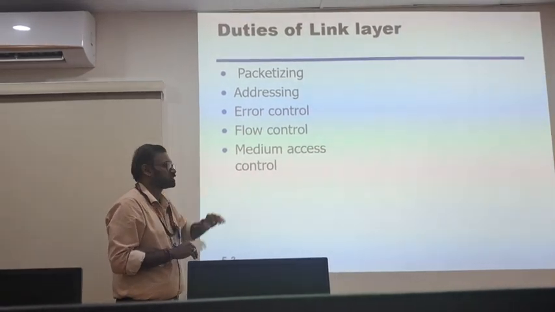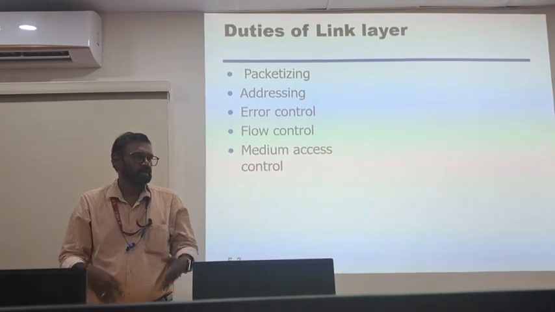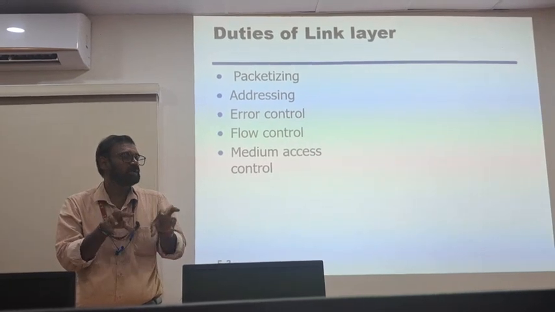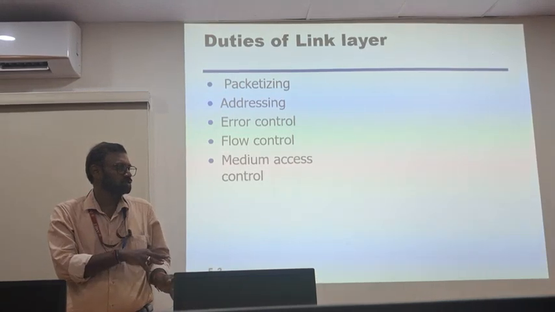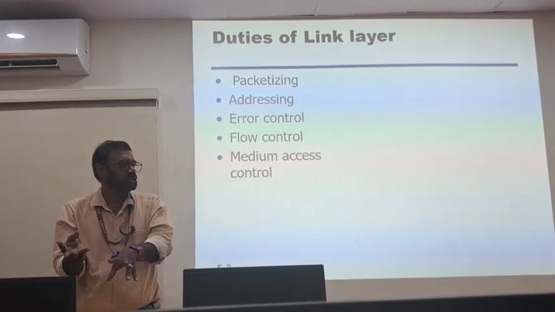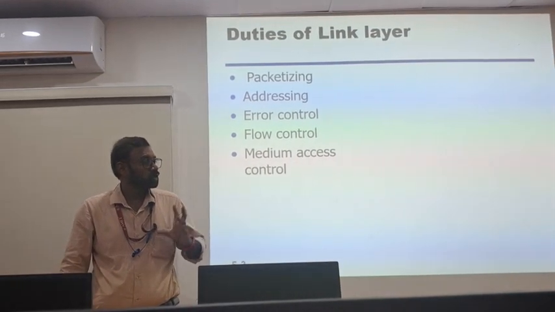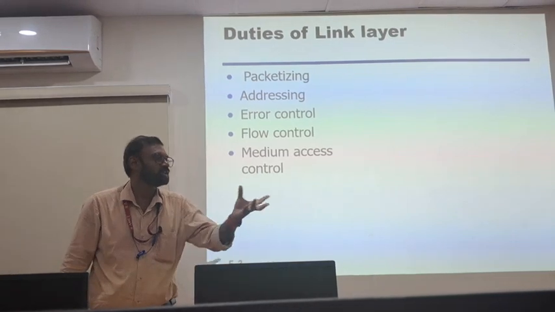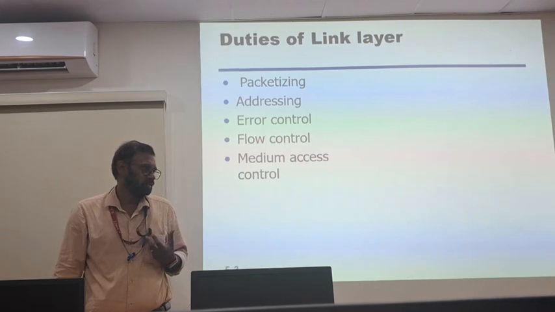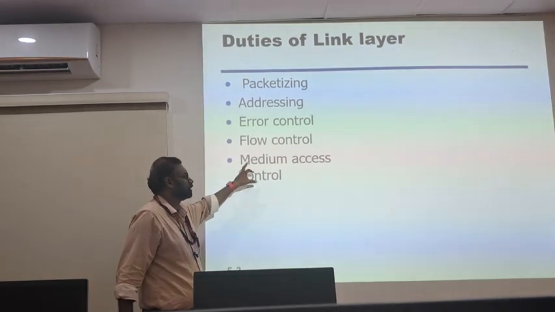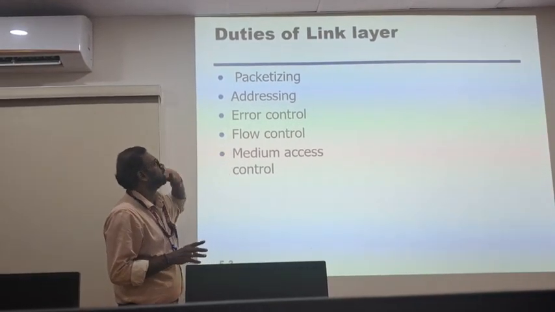And another one is media access. As I told you, there is only one media. The media now is air, or in wireless cases, whatever. How the media can be controlled, how the media can be utilized by the other devices to efficiently transmit the data to the other end. This time I can use it, right? You can also use it to transmit data. At the same time you can receive. Sometimes as a person, I can transmit as well as receive the data. So how effectively the media will be used is controlled by the data link layer,